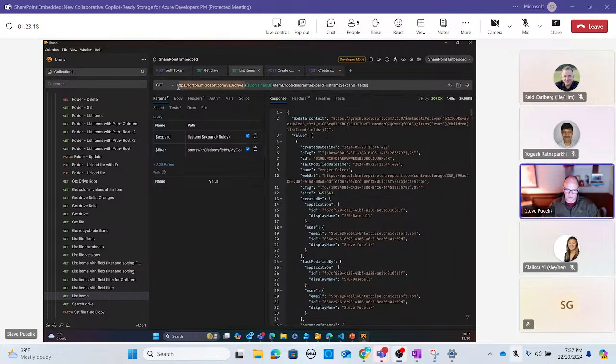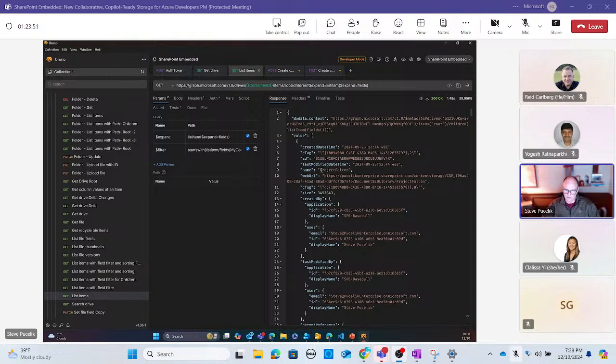So this portion of the endpoint is pretty much the same. I'm going to focus on a specific container. Okay, so now if I have one container, if I have 10,000 containers, this is where that container management comes into play. But the end of that is really going and getting all the items that are at the root of that container, not within a folder, but in the root. Okay, so if I go ahead and execute that,